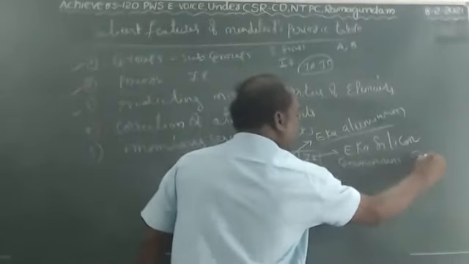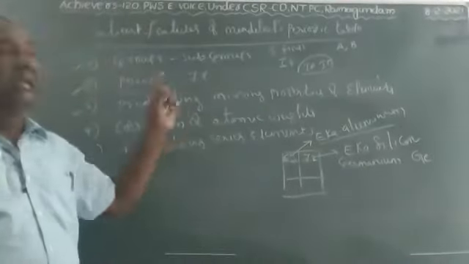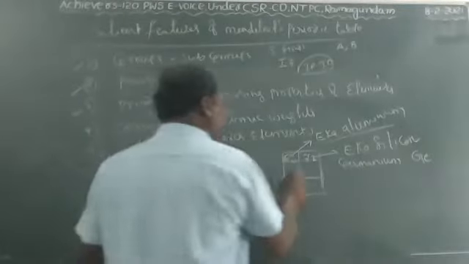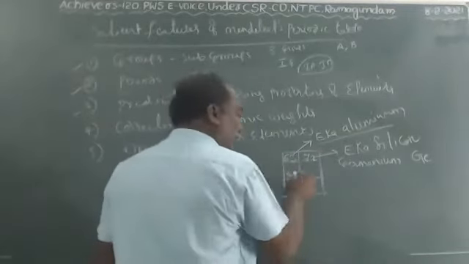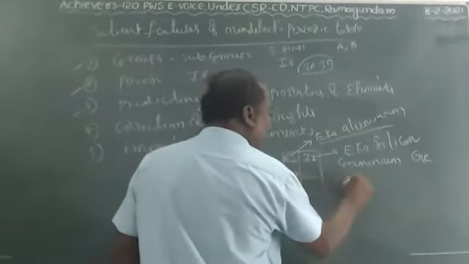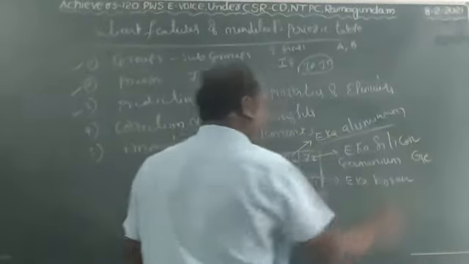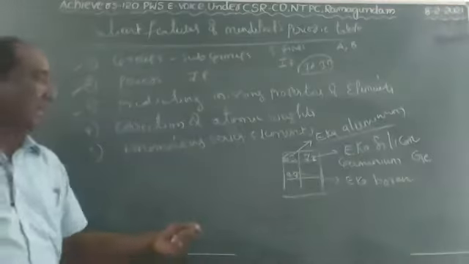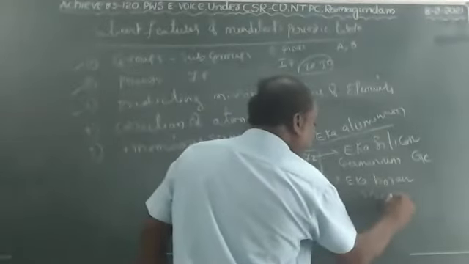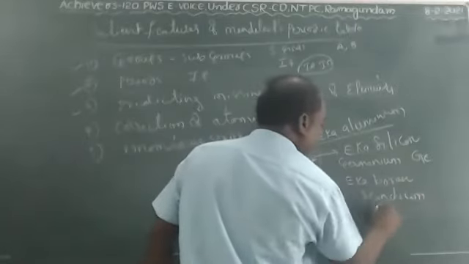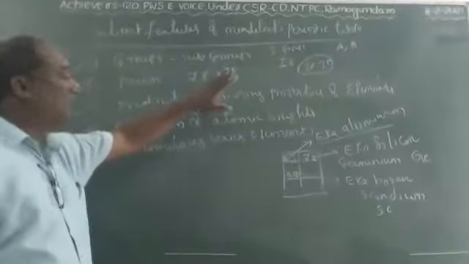Germanium, symbol is Ge. And Mendeleev predicted one more atomic weight, that is 44. For the atomic weight 44 element, he gave the name Eka boron. Actually, it is not Eka boron. The original name of the element is scandium, symbol is Sc. So this is the prediction of missing properties of elements.